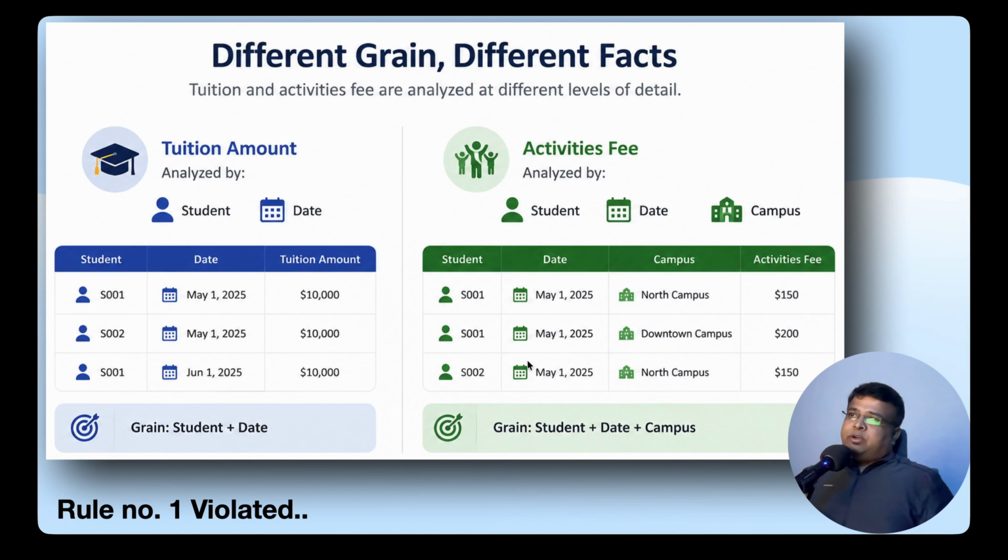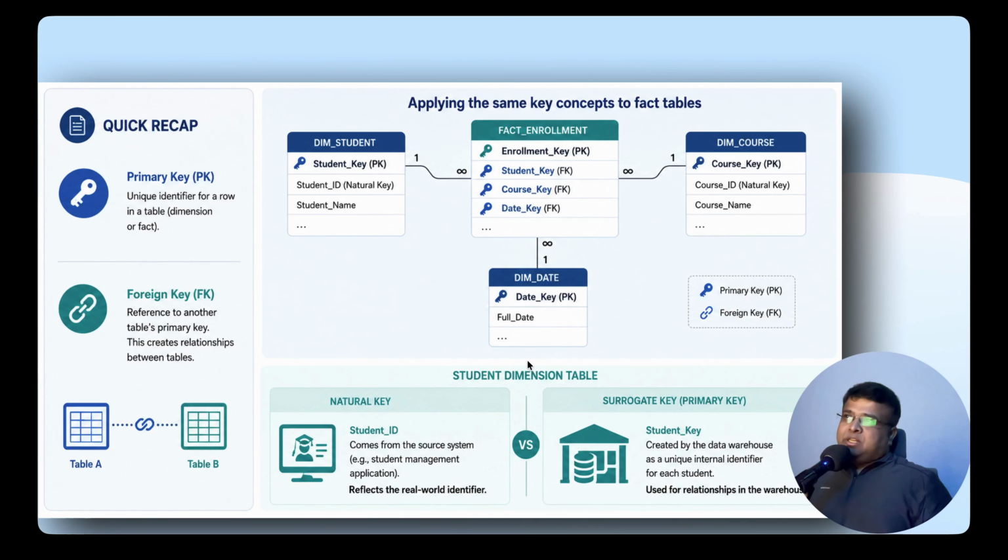Now we have already seen how primary keys and foreign keys work in dimension tables, but let us apply the same idea to the fact tables as well. Quick recap first, however: a primary key is just a unique identifier for a row in a table, doesn't matter whether it's a dimension table or a fact table. A foreign key is basically a reference to another table's primary key, and that is how the relationships between